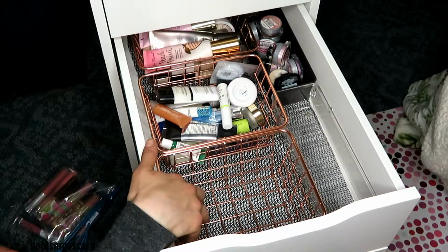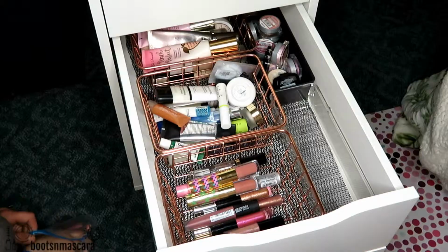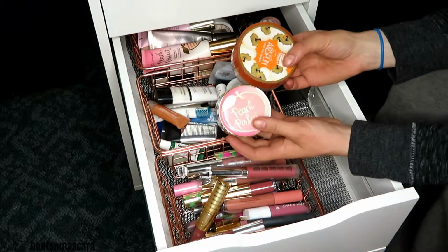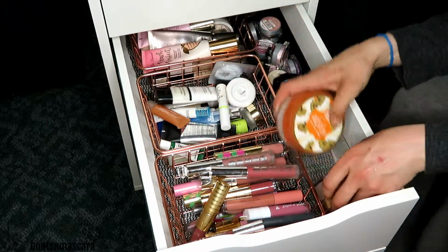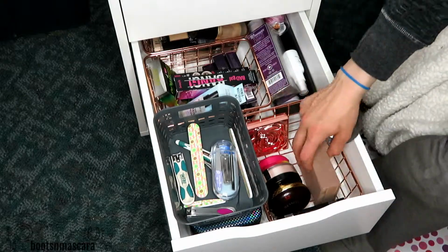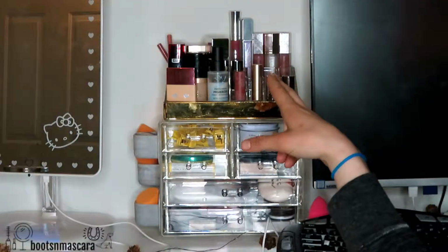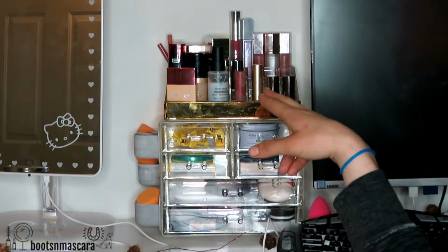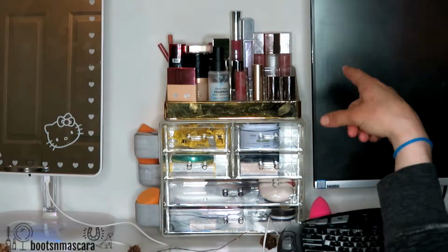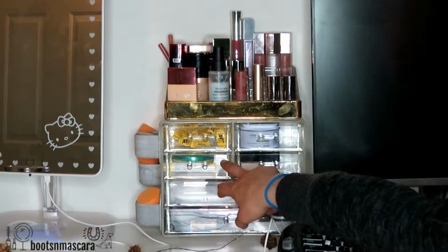I'm gonna put all the rest of my lip products in this bin right here. Lip glosses. These are all lip glosses. I'm gonna put loose powders and pressed powders in here. Up here I have more regularly used foundations and primers. Lip liners are up there. I have regularly used lip glosses, lipsticks, my dry bar clips, my color swapper, regularly used products,